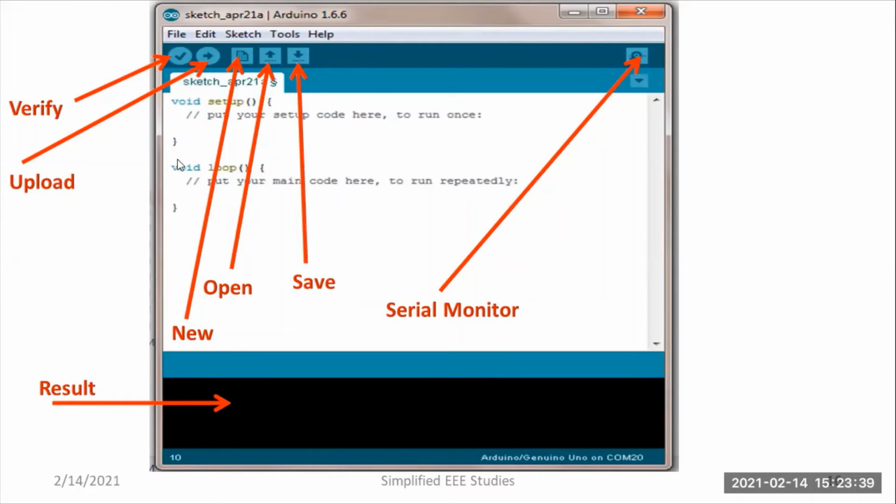If you open that particular software, you will mainly have two options. First of all, the menu bar. I'll be showing the menu bar. This is the main menu: File, Edit, then Sketch, Tools, etc. Then, if you are not comfortable using the menu, there are shortcuts. Here, these are the shortcuts. You can use anything, it is up to your choice, either here or this portion. For shortcuts, I would like to show you the importance of shortcuts.